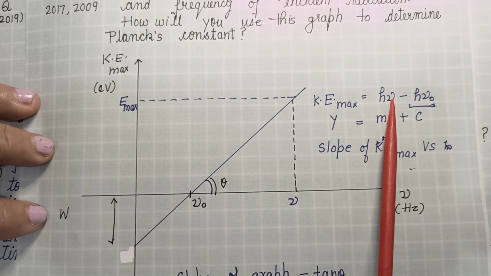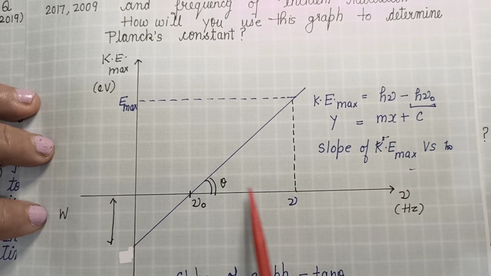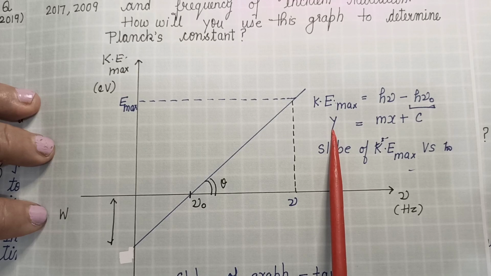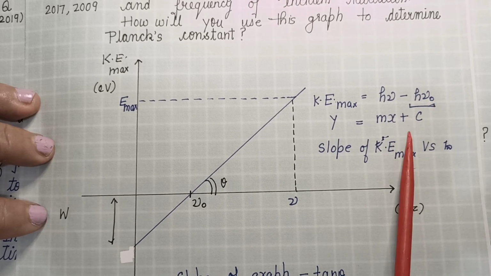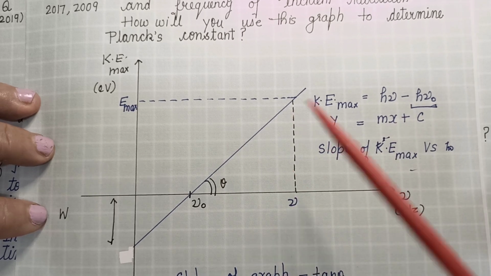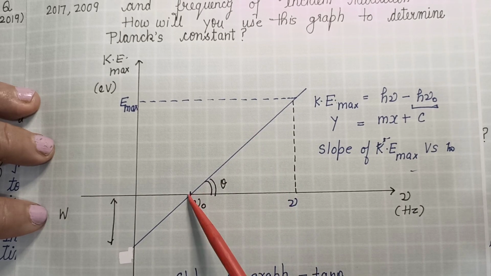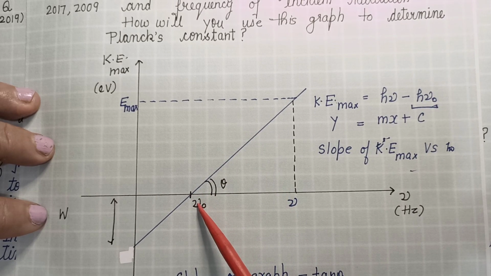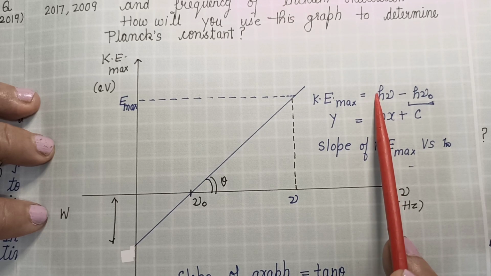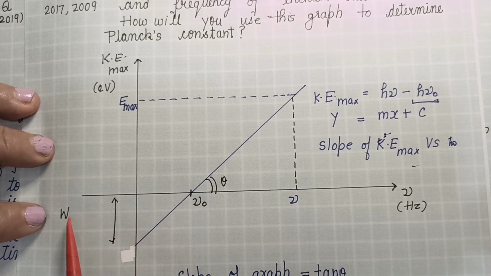So h nu, here h is the slope of the graph and nu is the x variable plotted on the x-axis. Maximum kinetic energy is the y variable, and this third part is the intercept on the y-axis in the negative y direction. For labeling, you need to point out that the point where the graph cuts the x-axis is the threshold frequency. The slope of the graph represents h, the Planck's constant, and the intercept on the negative y-axis represents